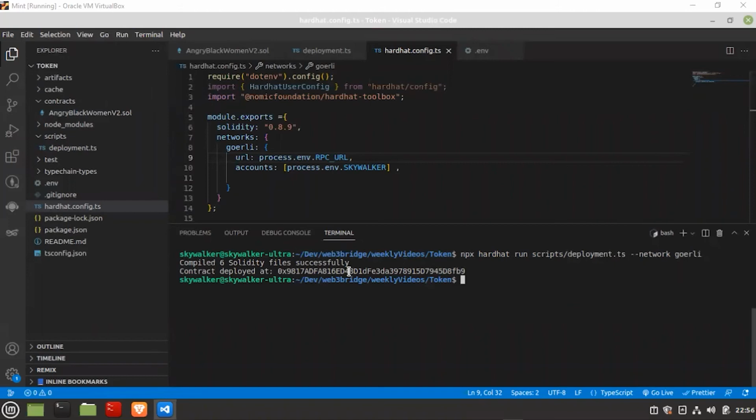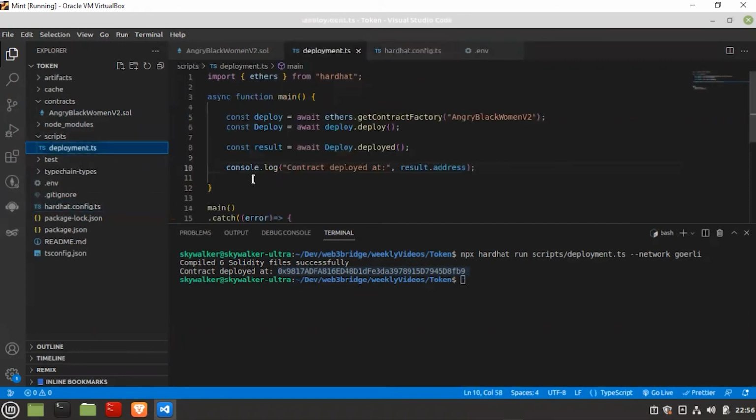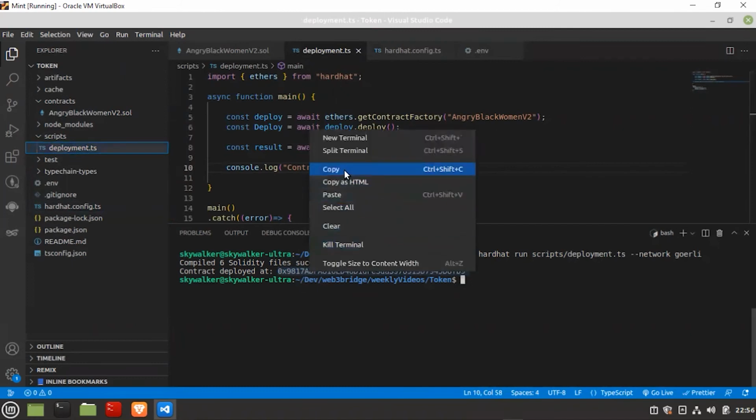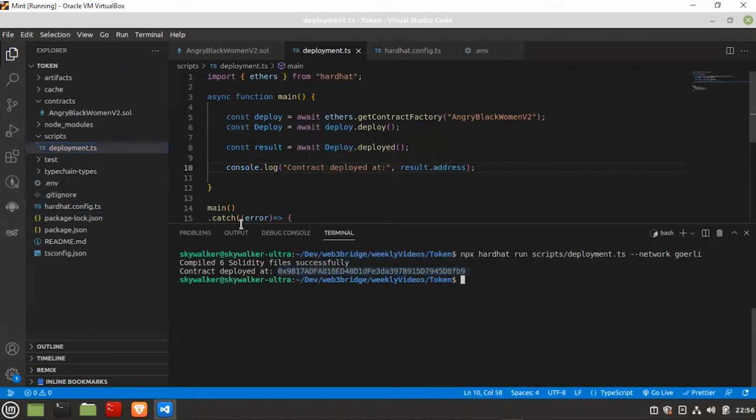All right, fine, fantastic. So all is good, all is well. This is where we've deployed to that address as we stated in our script. Console.log contract deployed at the address. So to confirm that we have this installed, we can copy this and then go to